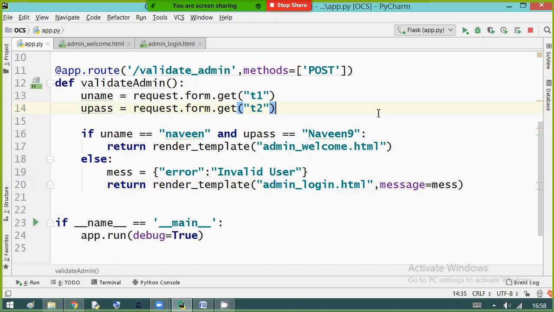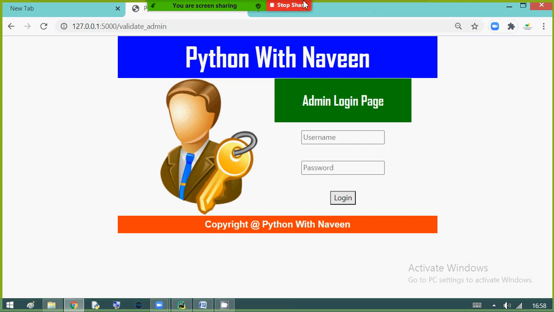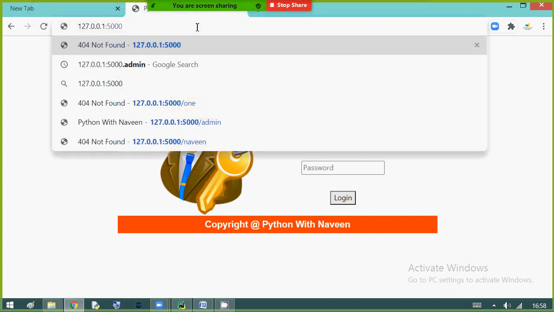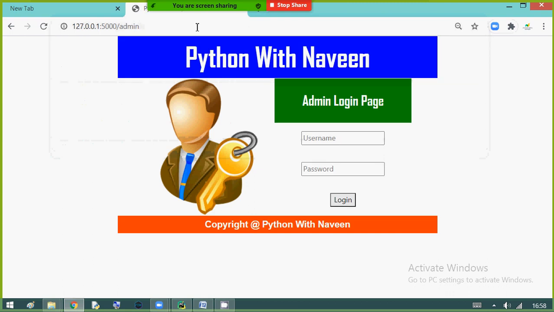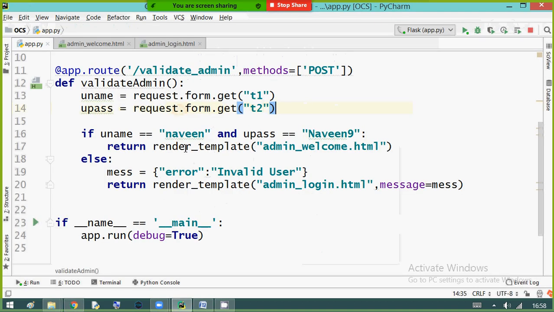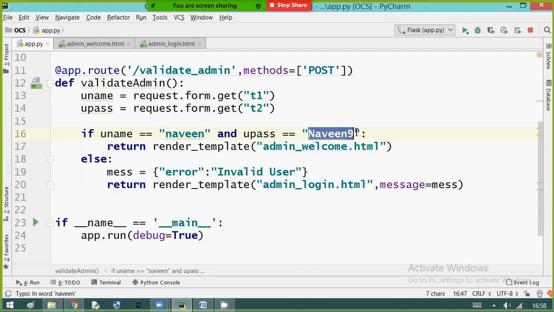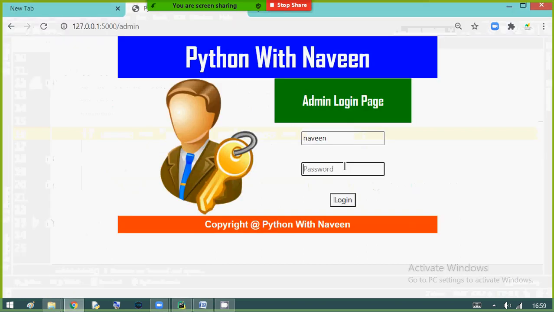Done. Save. Back to the browser. Refresh. The page is open. Now provide your credentials. Naveen is the username. Point to be noted, Naveen is in small letters. And for the password, N is in capital, AVEEN, and the digit 9.